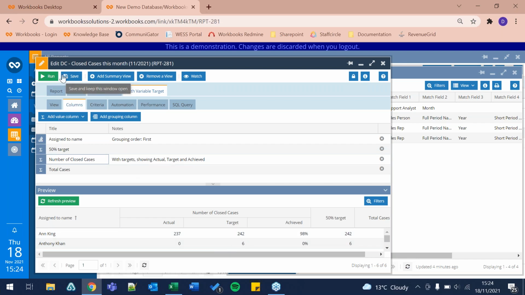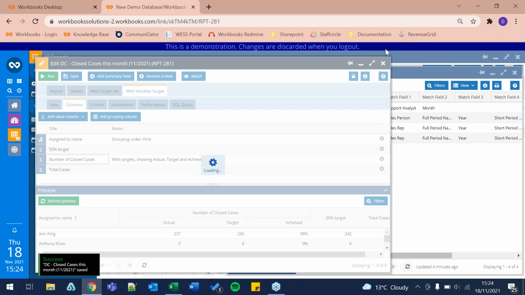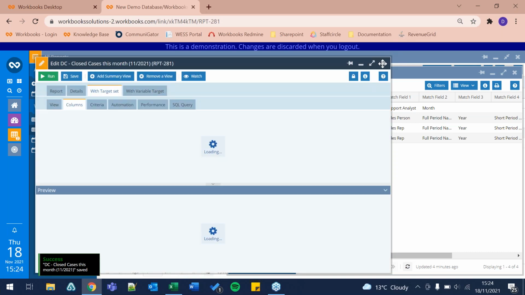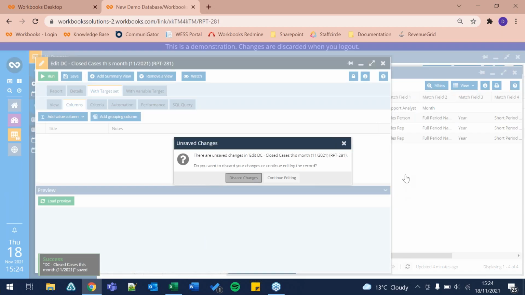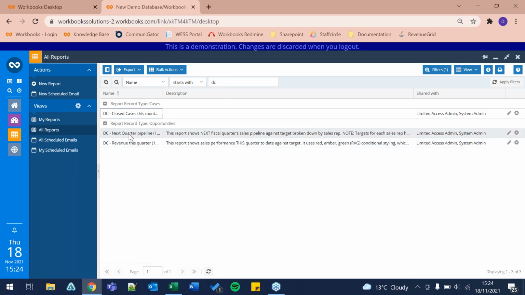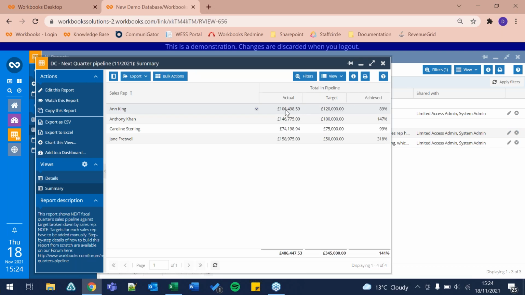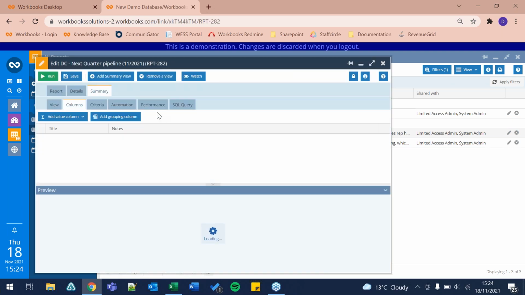So if we save that one and close that down, because next up is converting existing targets into target sets. And this is also really nice and easy. So rest assured it won't be very complicated. So if we go into this report here, next quarter pipeline. So as you can see, this is already set up with the target here. And if we go into the edit view of this report,